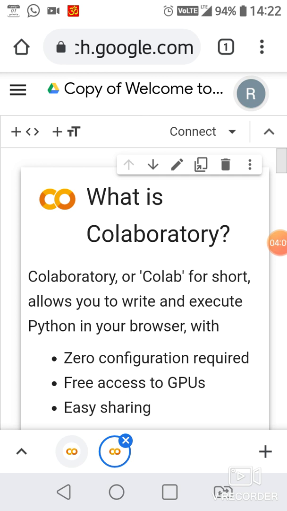The file you saved, IPython file, saved in your Google Drive corresponding to this Gmail ID